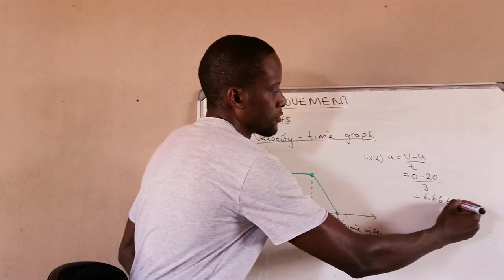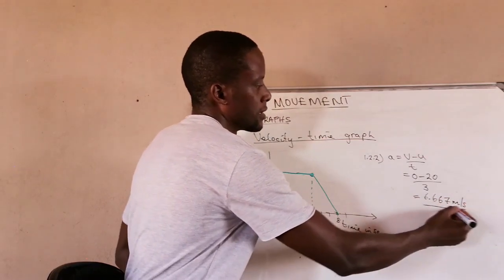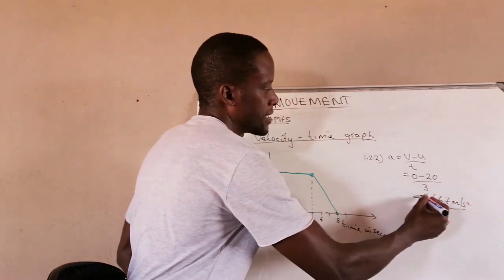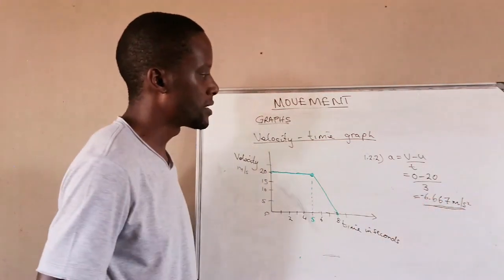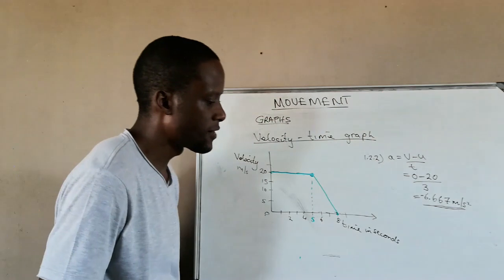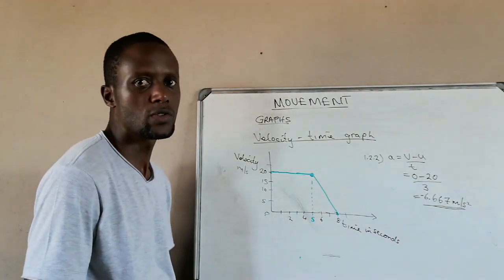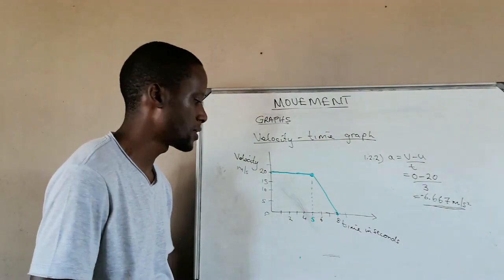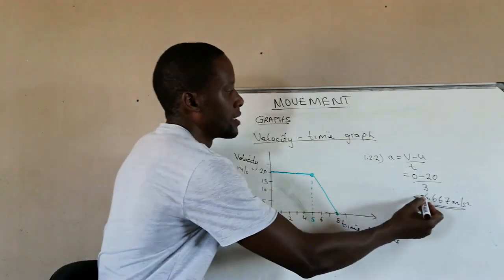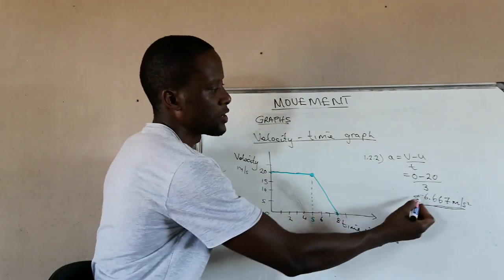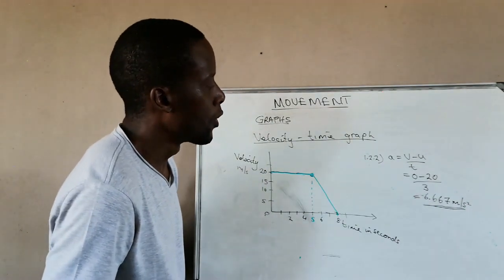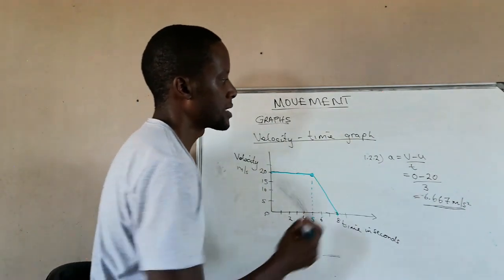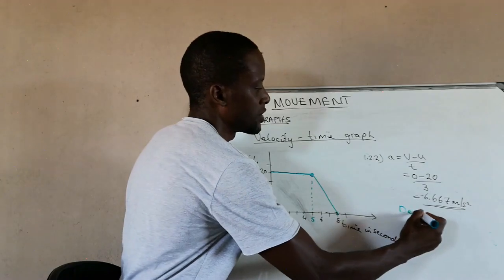6.66 when we round off, meters per second square, and that is a negative. To give us a negative 6.667 meters per second square, which means it was reducing and not increasing in its velocity. So since they've asked you for acceleration, you can leave your answer as a negative answer, or you can say, since you know that a negative acceleration means deceleration, you can